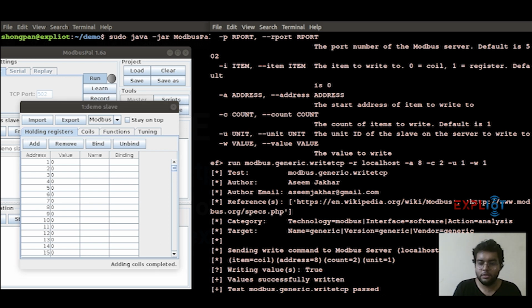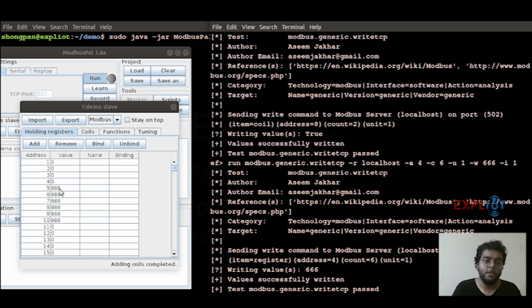So I'll run this. I'll just mention -i, which was our item, as 1 for the register. Let's write a value of 666, and let's write it 6 times, from the starting address, let's say 4.